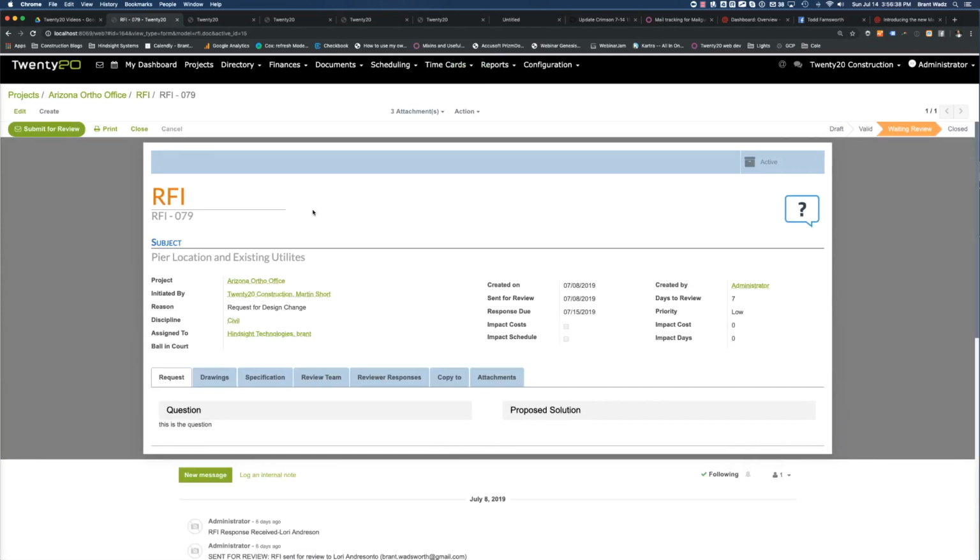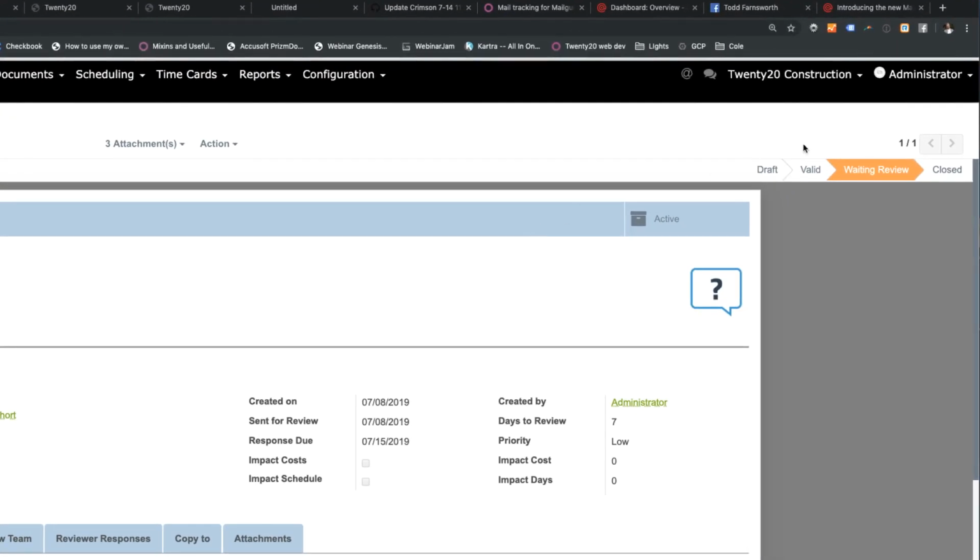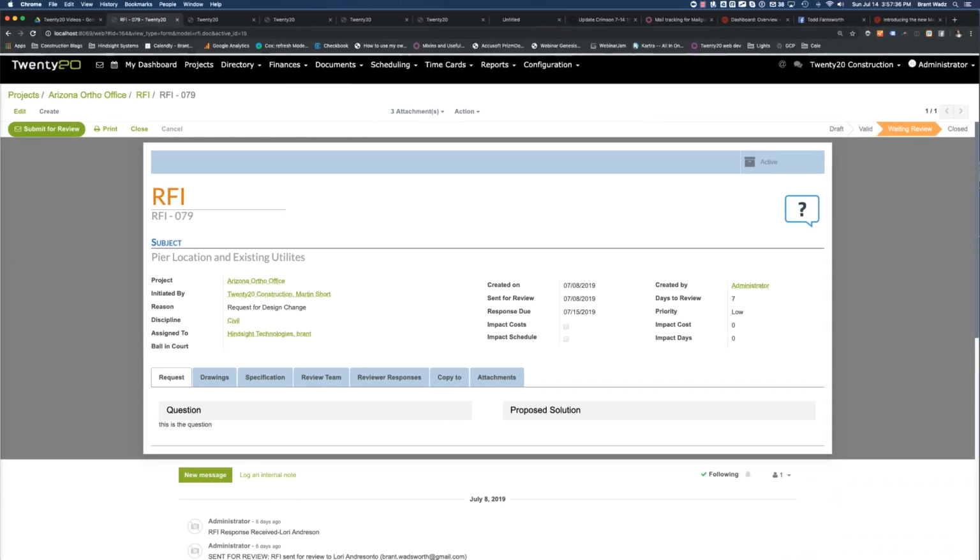Clicking on that will drill down to look at that particular RFI, and we can see over here in the top right the workflow that this RFI will go through, starting in a draft status, being validated by the project manager, having been sent out for review, and now waiting review, and eventually it will be closed. 2020 uses collaborative documents with workflows